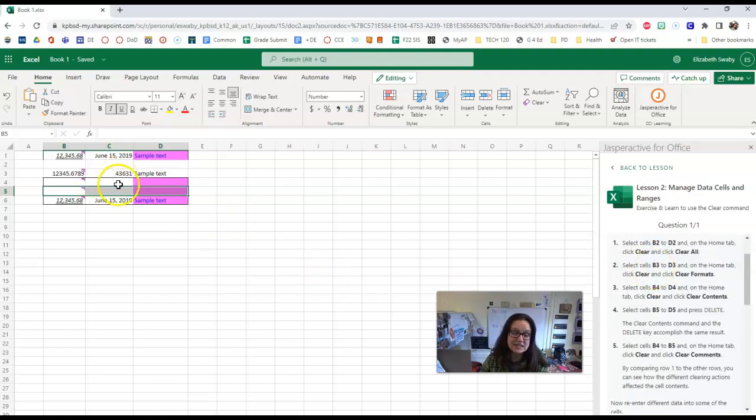So it's clearing what's in the text, versus in 3, when we cleared the formatting, it cleared the underline, the blue, and the pink background. And Clear All cleared everything back to 0. So